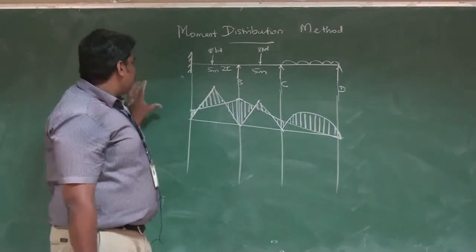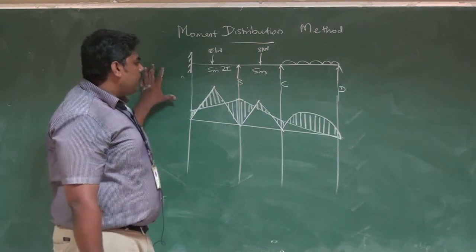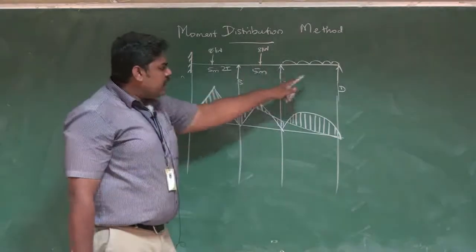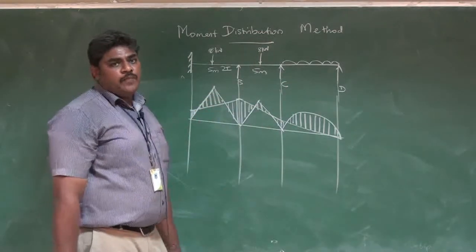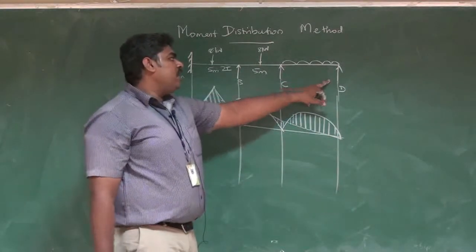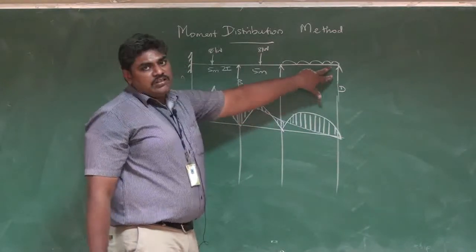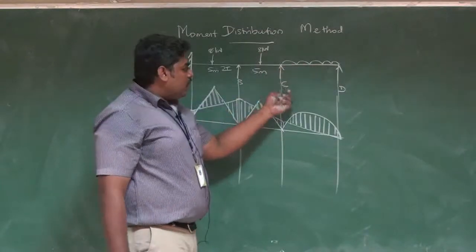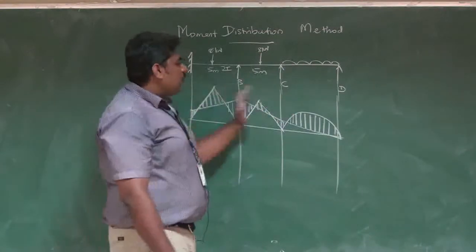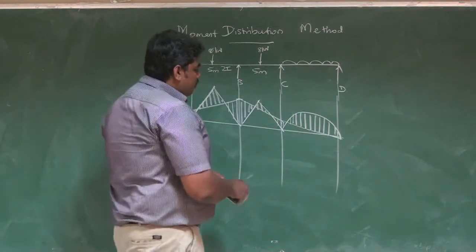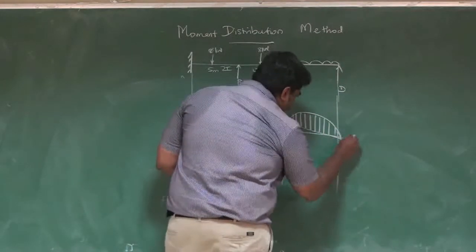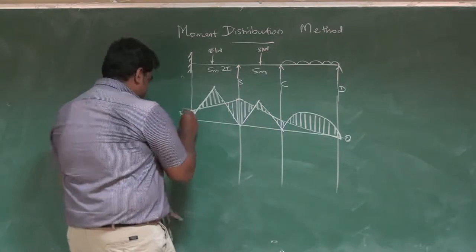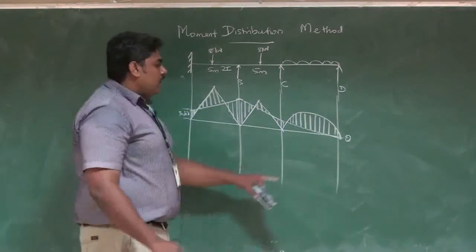The third step is the moment distribution table. When you put the moment distribution table, the first thing you should do is look at the diagram to see whether you have a simply supported end. If you have a simply supported end, the fixed end moments will be neutralized. You have to neutralize by putting a minus value here. You have to transfer half of the moment to the other side. You have to sum up all the values. When you sum up, the moment will be 0 here. This moment will be 0, but here you will have a value. Here it is 3.67, what we calculated in the previous step. Here it will be 0.